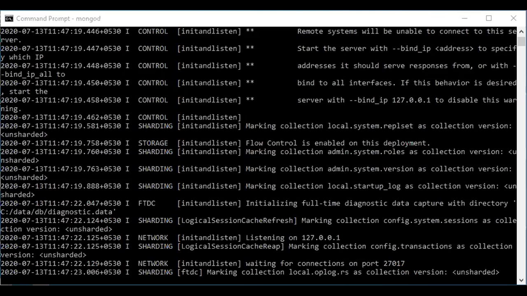Now suppose you want to create a new database. The method is simply that we will write the command use, and here we will type the database name. So how to write it? Suppose I want to create a database named test1.